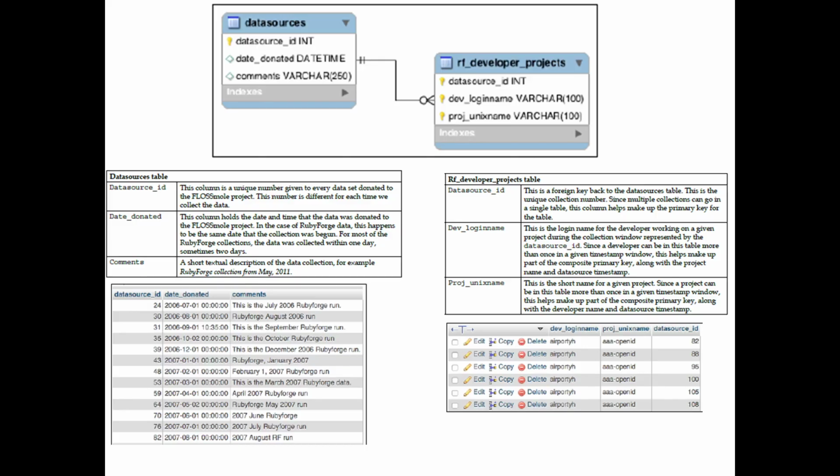Good morning and welcome to this second lecture on data mining from a network or from a graph. In the first lecture, we went through the data set that was represented using two tables. The first one was your data sources and the second one was your developers table. Data source ID was acting as the primary key in this table, and it is also going to act as your foreign key for the second table.